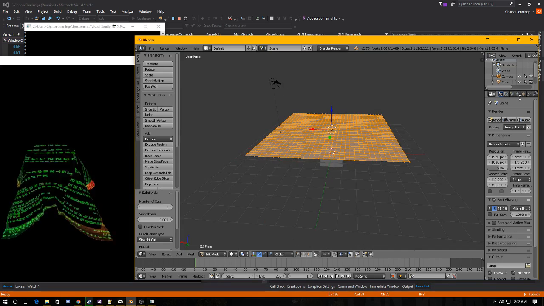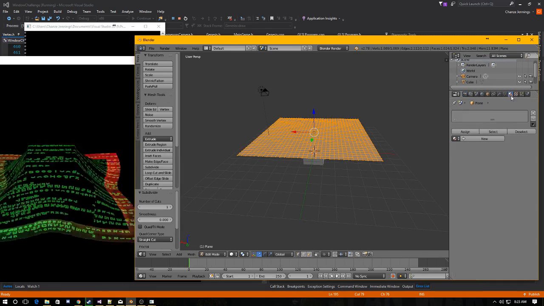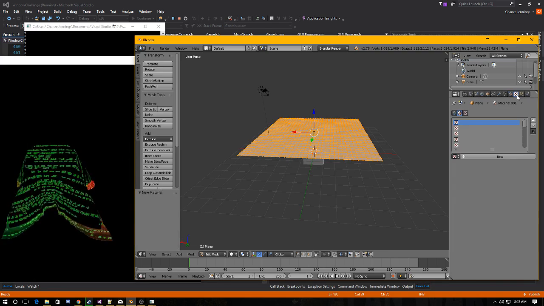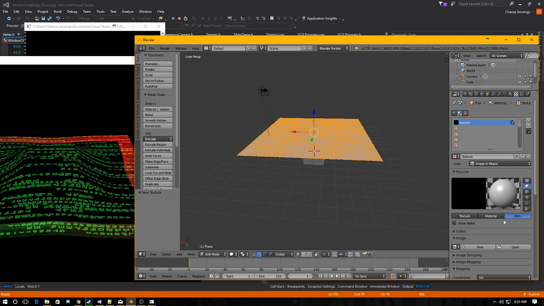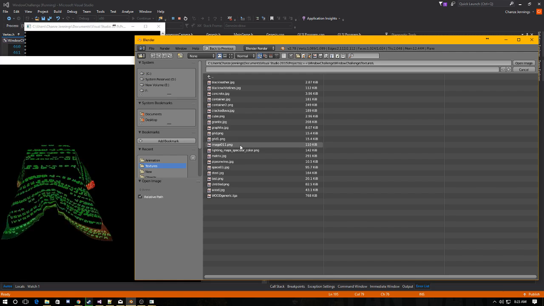And then I'm going into the material. I'm going to create a new material. I'm going to go to texture, create a new texture, put that to both, and then open up my texture files, and I'm going to grab,